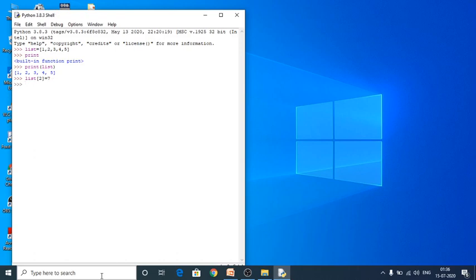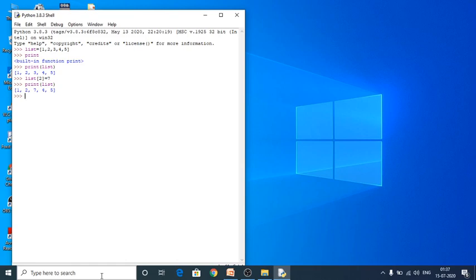Yes, there is no error. For your reference I am going to print my list. So see here, yes, 1 comma 2 comma 7 comma 4 comma 5, it is my current list elements, and my old list elements are 1 comma 2 comma 3 comma 4 comma 5. Now here I have changed 3 as 7. So it is a way to change a single element.